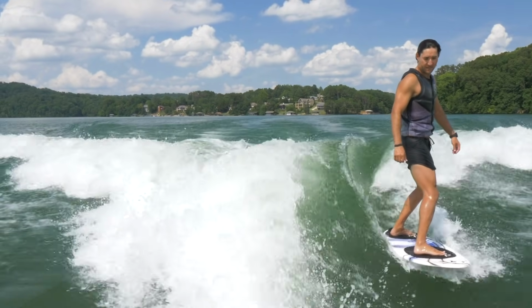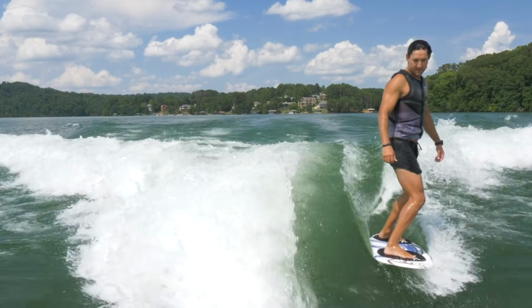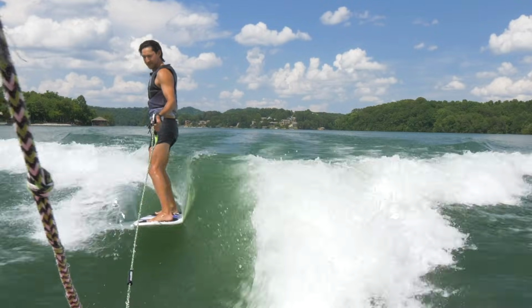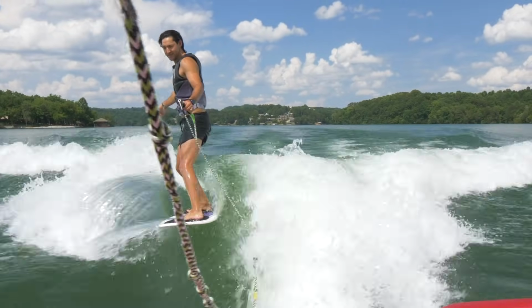And then lastly, don't be afraid to experiment with different stances. So have your back to the wave, surfing backside. It's a little tricky at first. Try to get up switch. All those things are important to gaining all the tools that you need to be really controlled